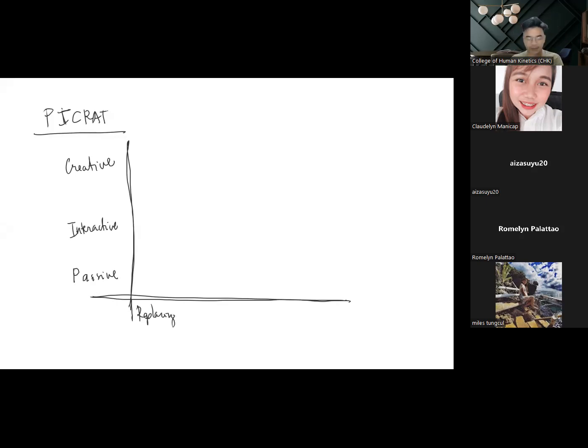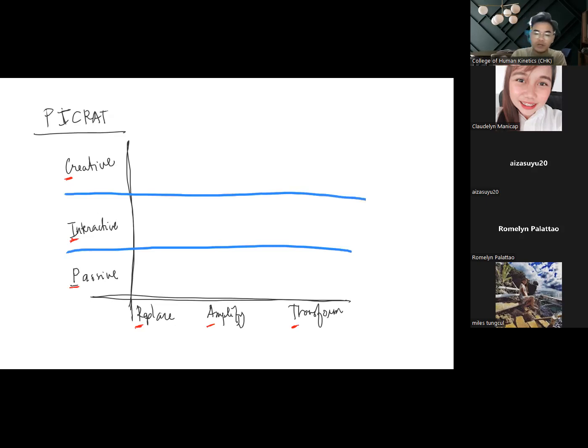Then the next is amplifying or amplify, and transform. So yun yung PIC, and we have the RAT: replace, amplify, or transform. Okay, so according to the model, we can divide the experiences of the students and teachers according to